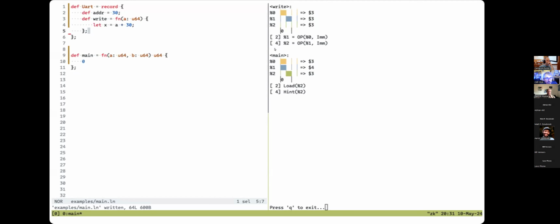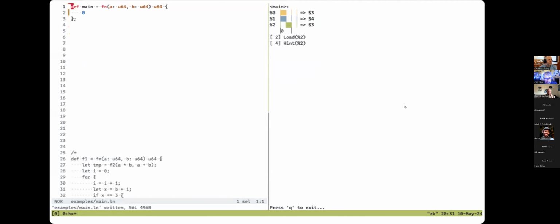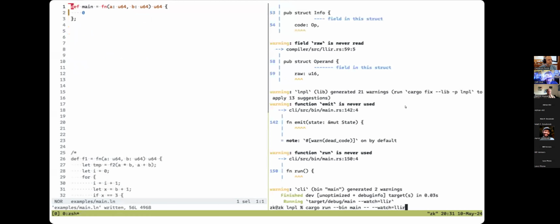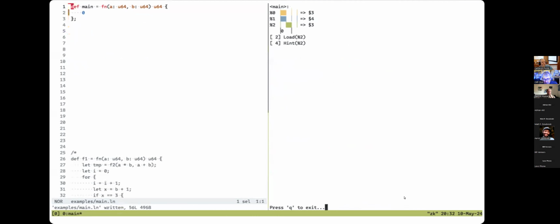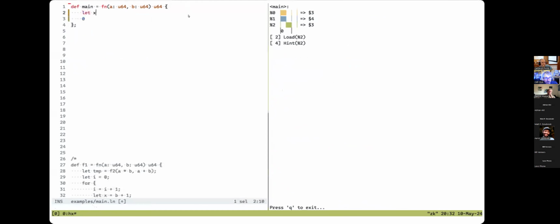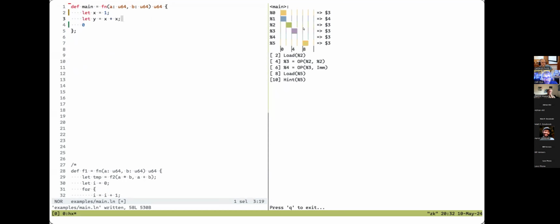Okay. All right. So basically I have this compiler and I have this watch mode, and it uses file watching. So if I now compile this, I get a live overview of my virtual registers, intervals, and the LLIR, my low-level intermediate representation. I can start programming and do stuff that doesn't affect anything, or I can do an add, and then I see new things pop up. This is not particularly optimized. There are many things missing here.